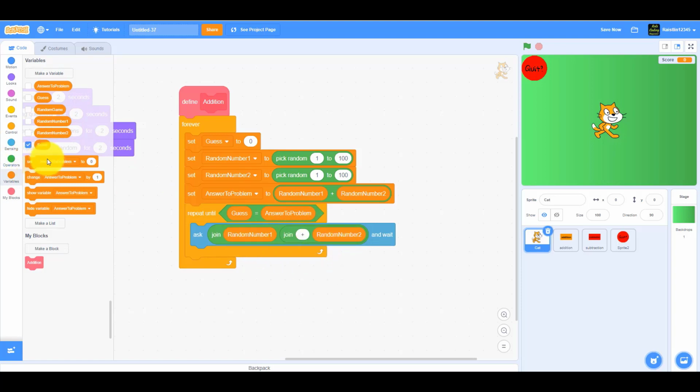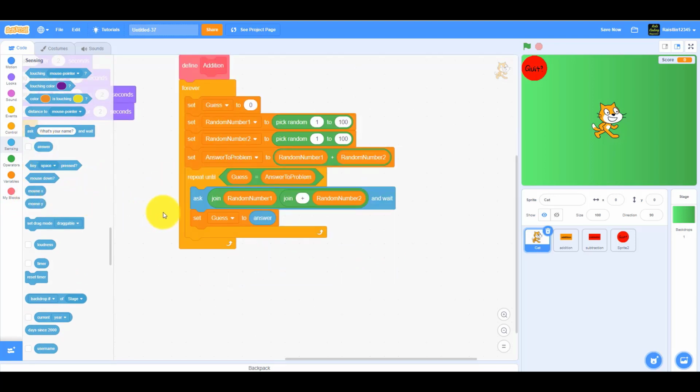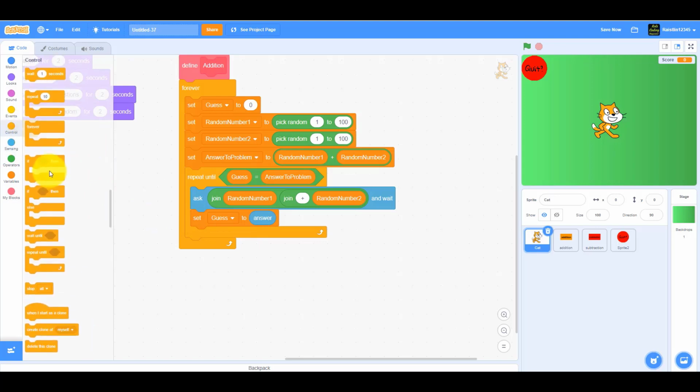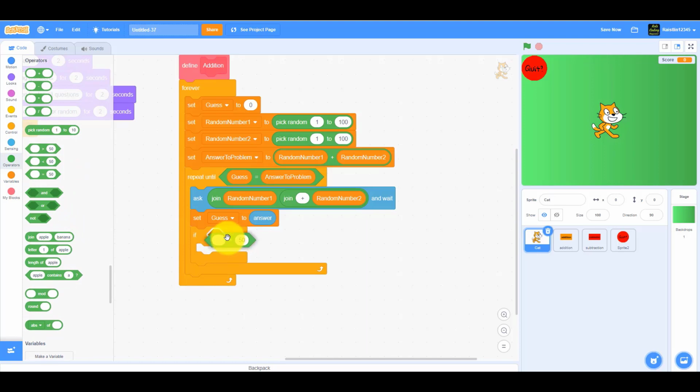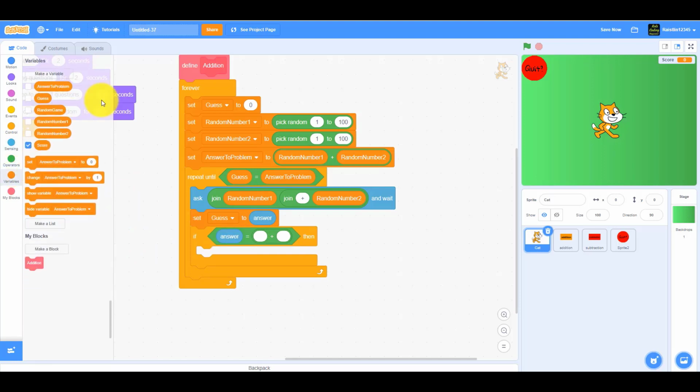So ask that, and then after that we want to set the guess to the answer, which is the answer right here, the correct answer. And then if the answer is equal to random number 1 plus random number 2, so this is just a check if the player has got the right answer. So we get an addition symbol. If the answer is equal to random number 1 plus random number 2,